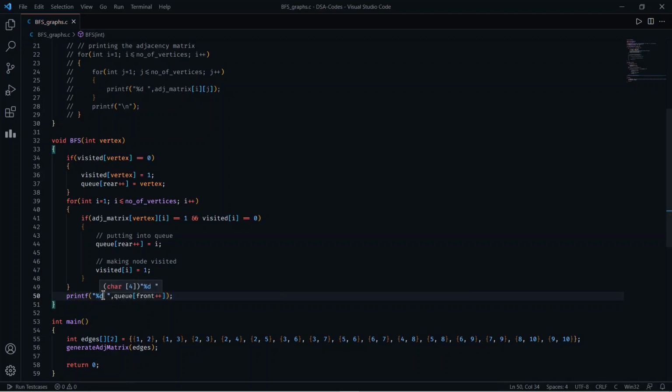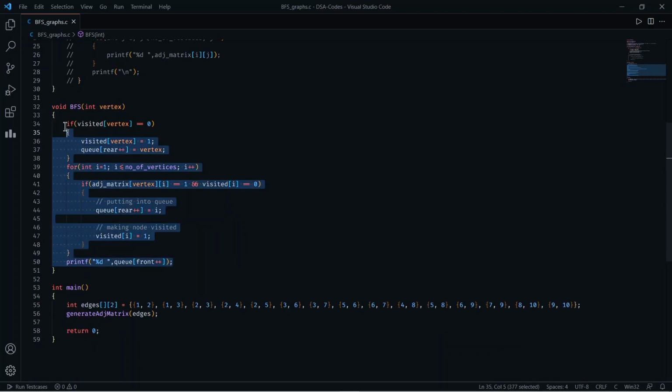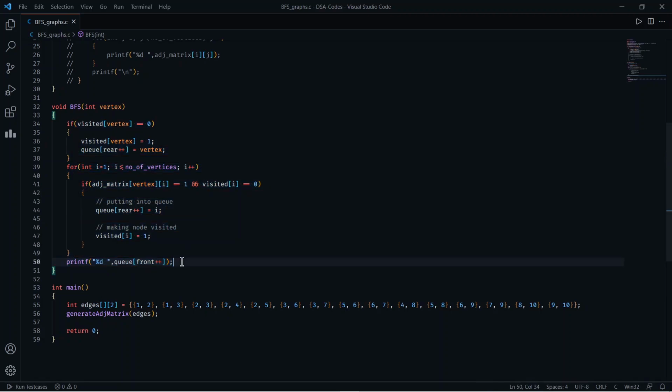What this statement does is, this will print the element at queue of position where front is pointing, and after printing it will increment the front pointer. And after doing all of these operations, we have to implement the same operations on the element which is present in the queue next to this front.